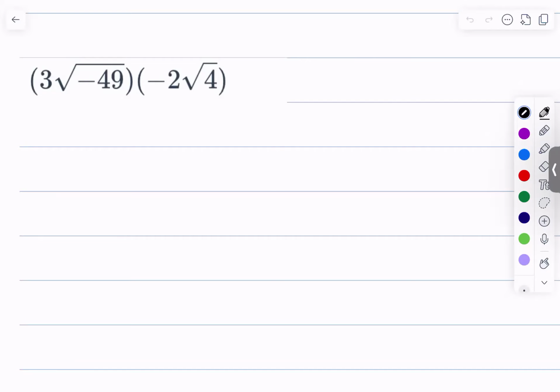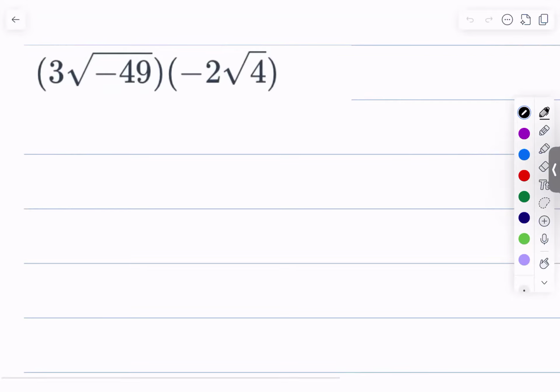So this lesson is just a continuation of the last lesson on 11.2 complex numbers. So today what we're gonna do is just multiply them, add them, subtract them. That's it. Okay, so this first example we have is 3 square root of negative 49 times negative 2 square